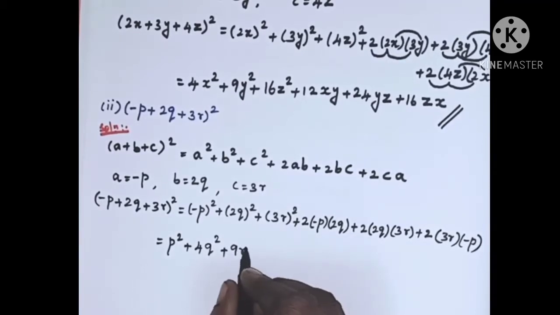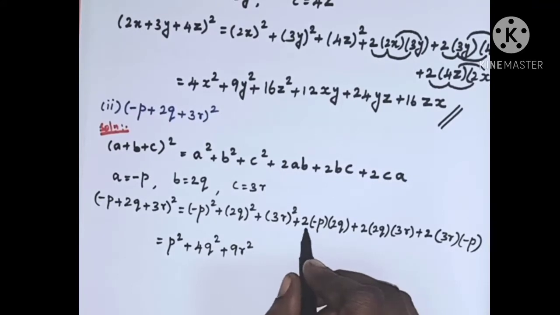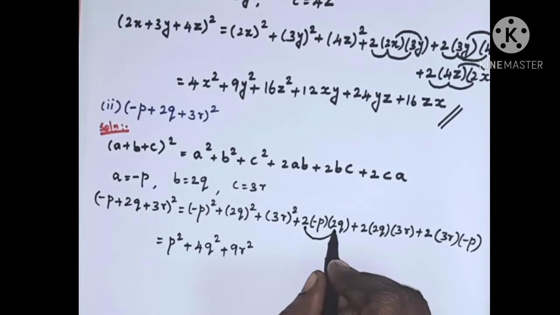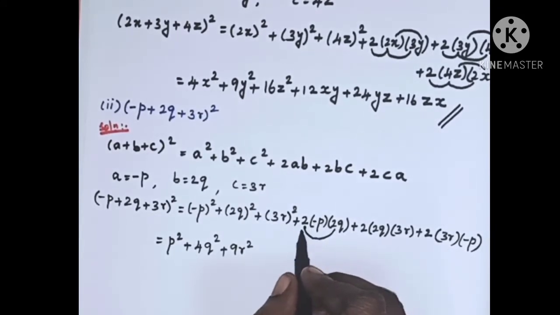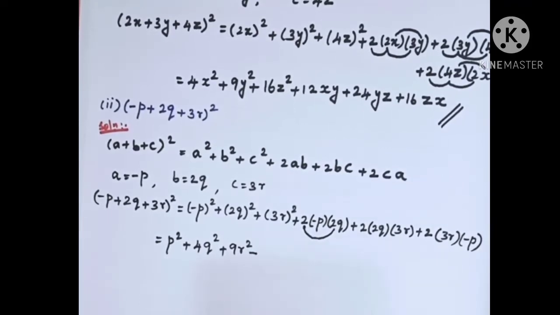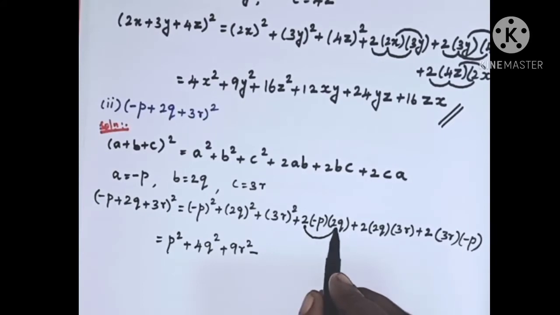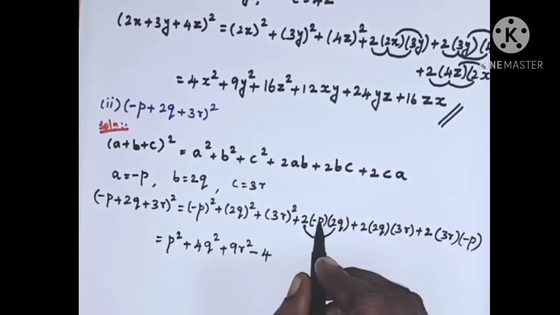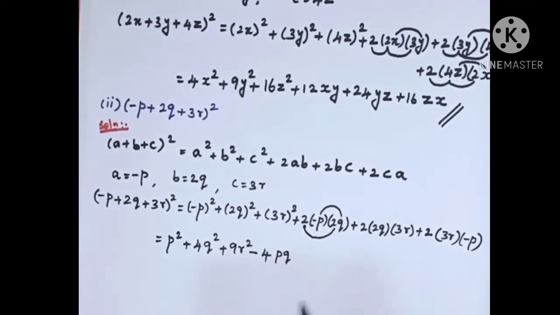R square is r square. Now we have to multiply the constant numbers first. 2 into 2 is 4. But we have one minus symbol here. So plus into minus, when we multiply the positive sign and negative sign, we get minus. We have to put minus in this place. Multiplying the numbers, 2 2s are 4, and multiplying the variables, p into q is pq.